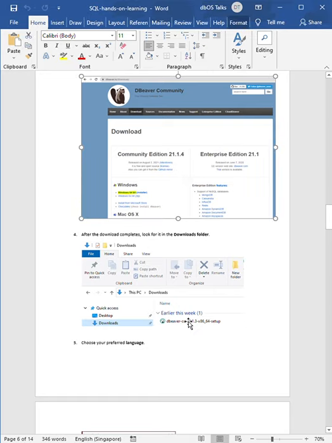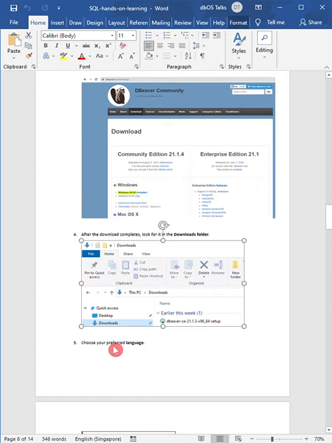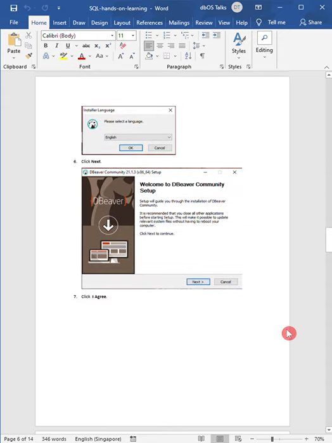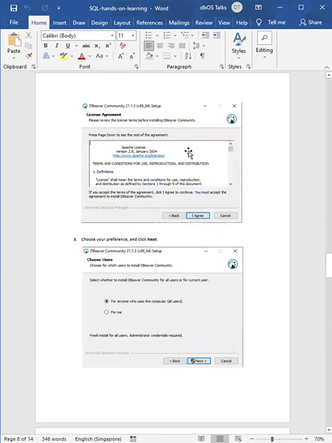After downloading the installer, it will come to your downloads folder. Next step is to choose your preferred language. Okay, so you come to this prompt, you choose your preferred language. For most of us, that would be English. If it's not, then you just click on the drop down and look for your language, and then click OK. It leads you to the next page, the next screen, and then in that you just click next, and then in the next screen, license agreement, you just click on I agree button,